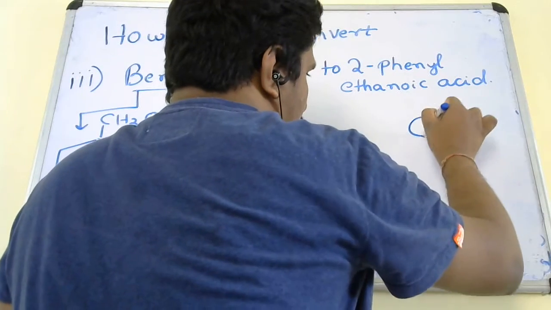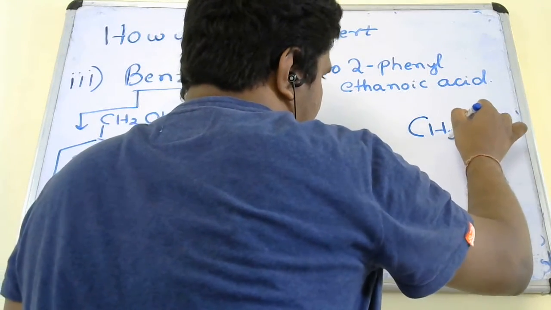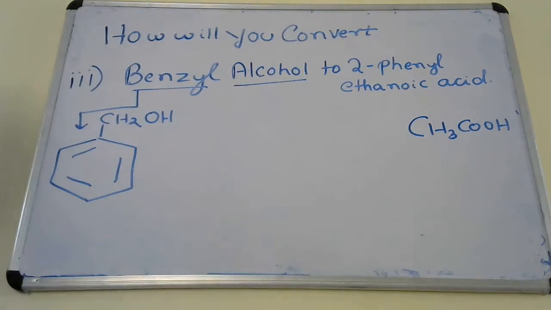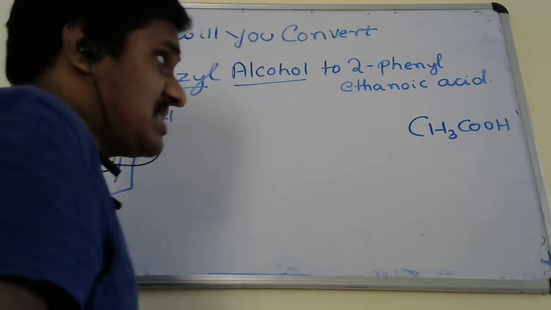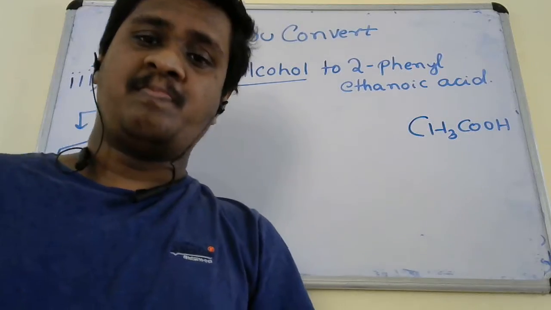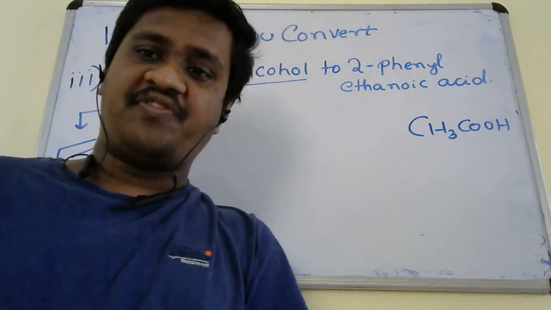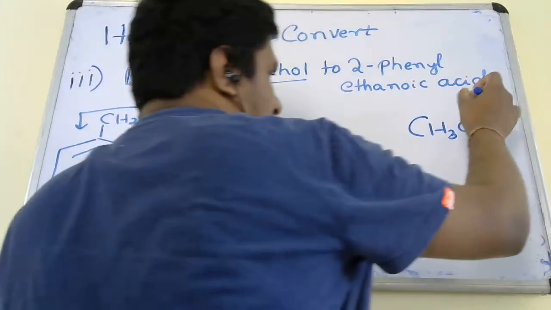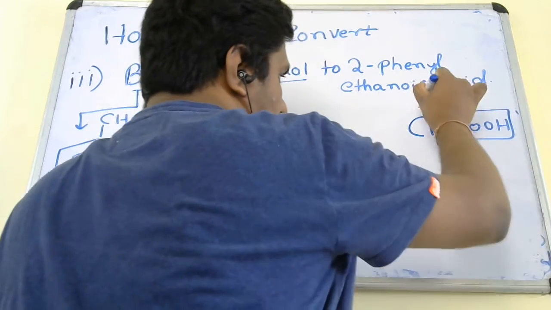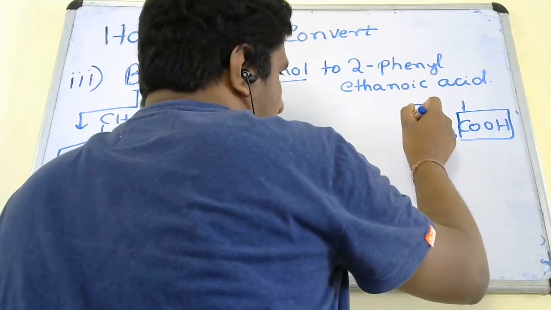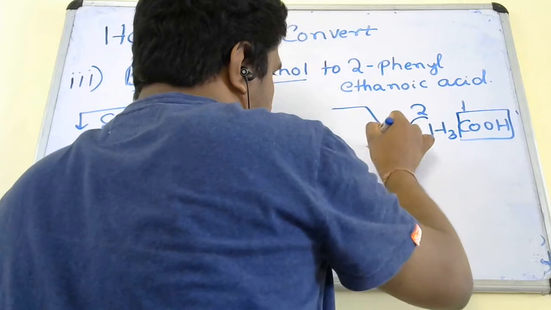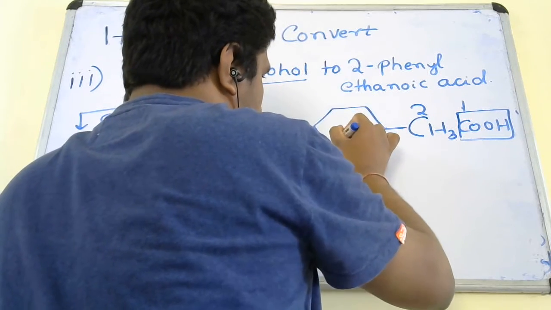Now ethanoic acid, you know it very well. CH3COOH, that is your ethanoic acid. But it is saying that at 2 position a phenyl group is there. Obviously the COOH carboxylic acid group carbon will get 1 position, so this is 2 position. So here there will be a phenyl group, or a benzene group.